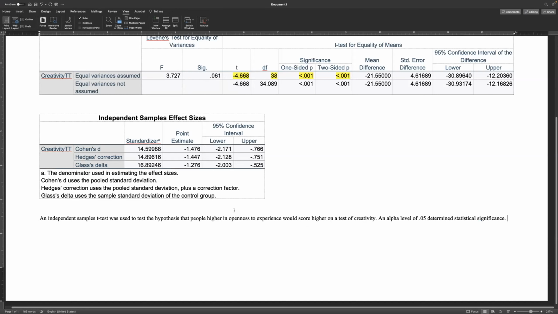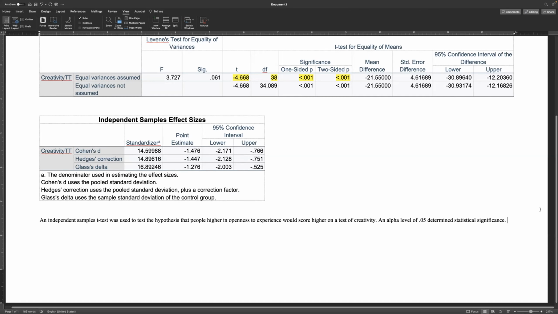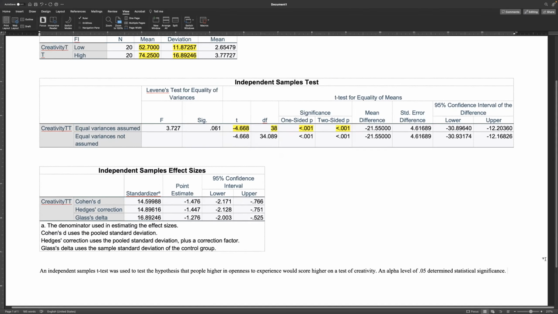Okay, so when I talk about, you have to describe the analysis, you have to name the test, state your variables, or your hypothesis, which is here, and then the alpha level. And then unless you're doing a correlation, you need to state your descriptive statistics, which for y'all is always going to be the mean and standard deviation. So you can say those